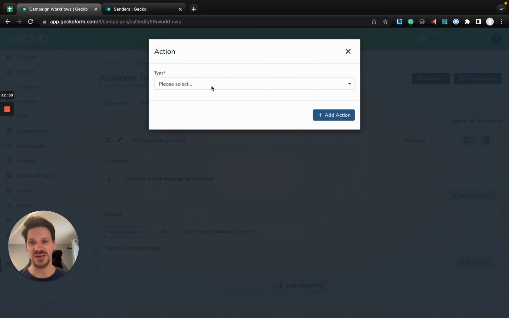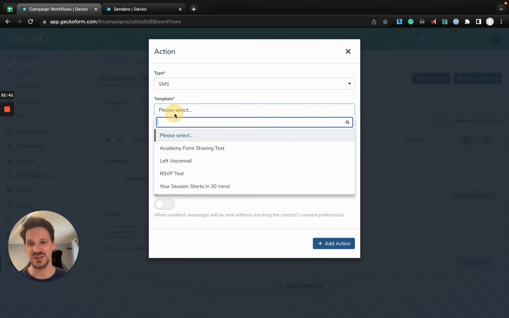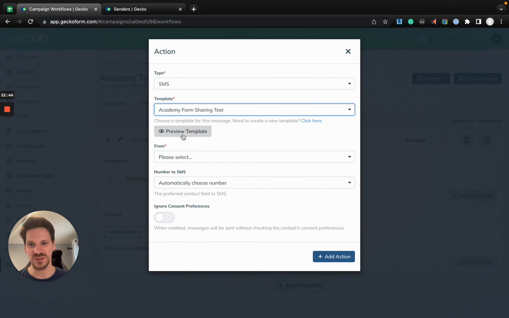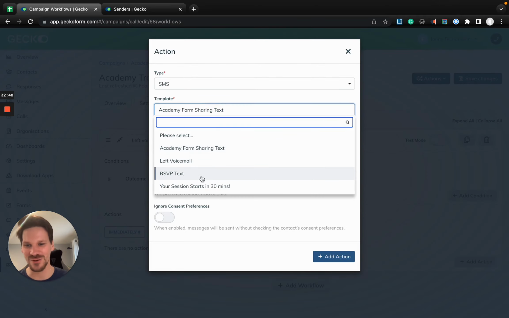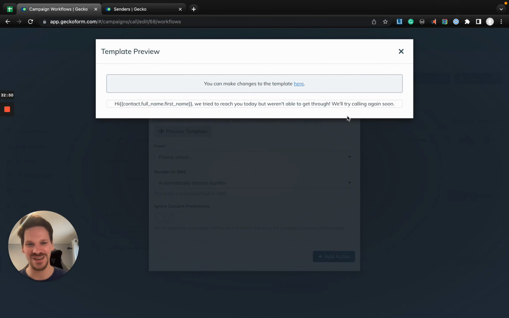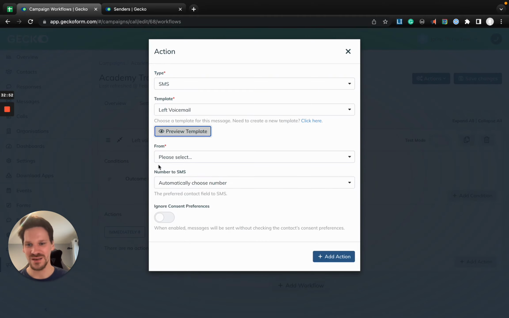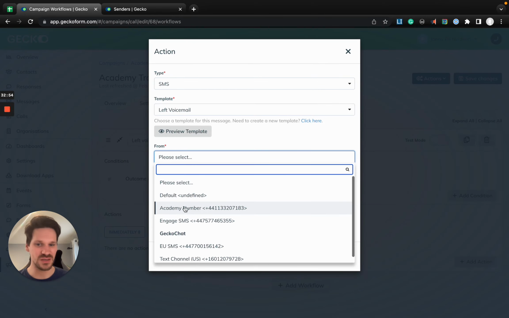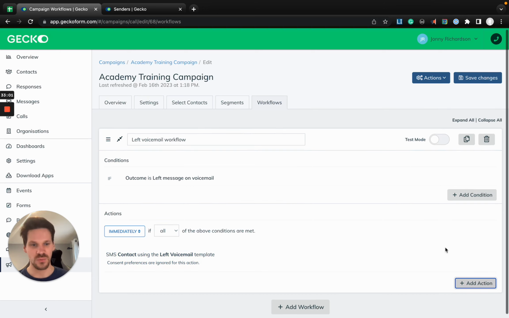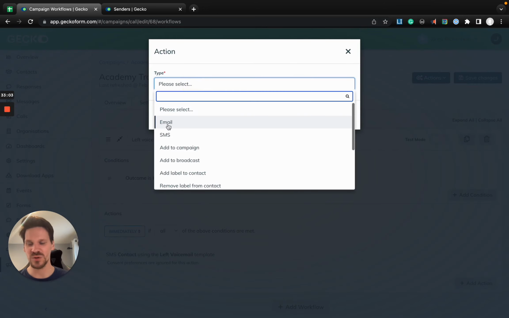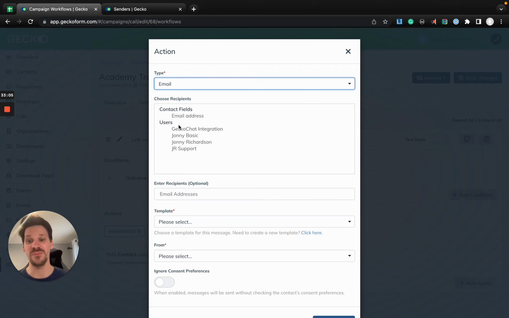And we want to do two things. We want to send a text message, and here's the template we want to use, and we can preview that if we've forgotten what it said. In fact, I think that's the wrong one, so I'm glad I previewed that. So we tried to reach you today. We'll say here's the number to send it from, so our Academy number, and we automatically want to target the student. We can also add another action, and we want to send an email, and this time we want to